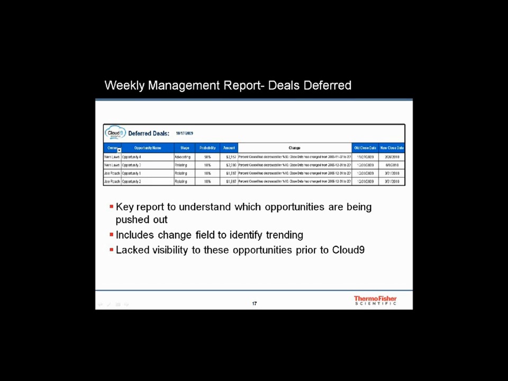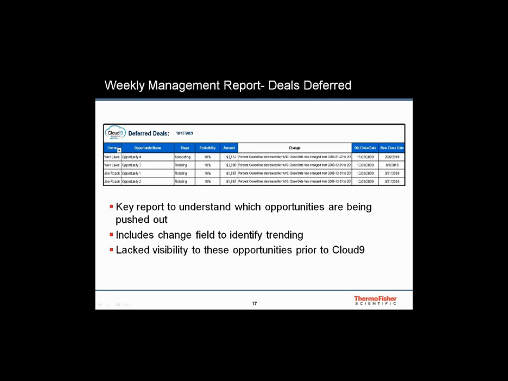So that obviously would be something that we'd want to talk to the sales reps about and understand why the original date was November and why is it being pushed out 3 months. And some of the other examples, on the second line here, you've got another opportunity that was slated for the end of the year, and now it's being pushed out into the Q2 timeframe. So this report can be used to really drill into the individual opportunities and understand why